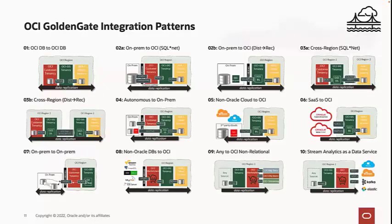But also being able to do heterogeneous. So for any source or target that we don't support today in OCI GoldenGate, we can utilize an on-prem instance of GoldenGate. We can utilize a Marketplace instance of GoldenGate to do that capture. Similar to number 5, we can capture that stream of change data itself, move that into OCI GoldenGate with the receiver service,